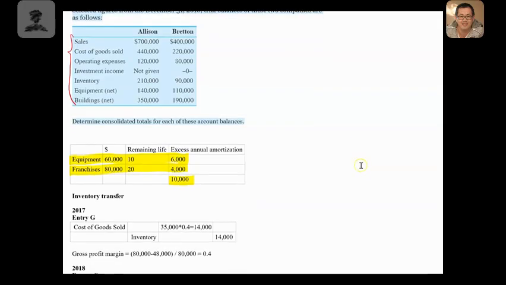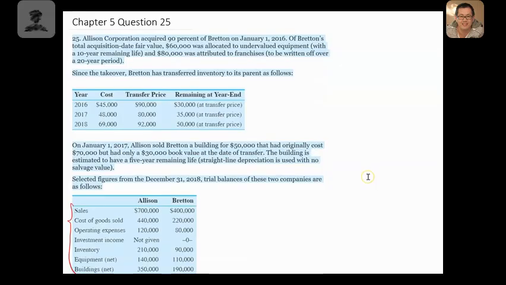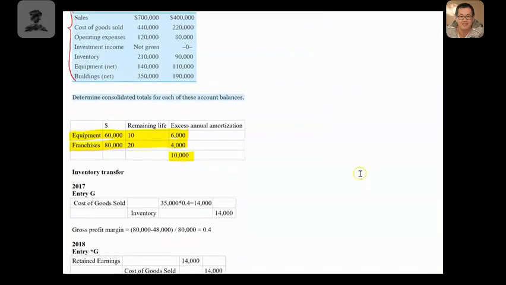Alright, so next, for those intra-entity transactions, let's have a look at them one by one. The first is related to the inventory transfer. And we know that there are inventory transfers from 2016 to 2018, because we are trying to figure out what's going to be the consolidated balance for those accounts at the end of 2018. So 2016's information is not relevant. But for 2017, we do need something, especially for inventory, because we want to know how much